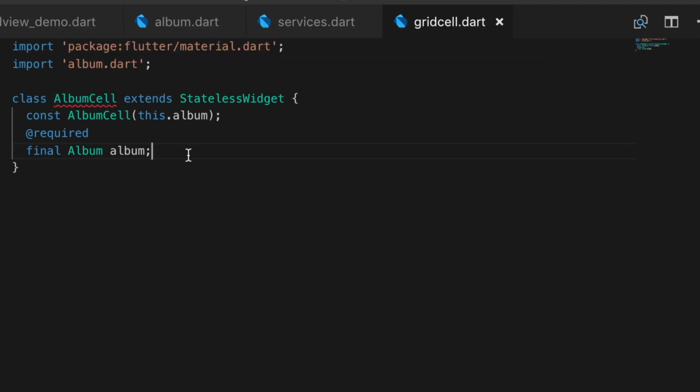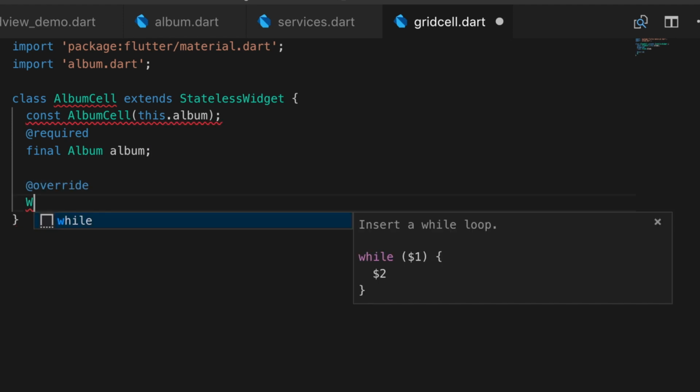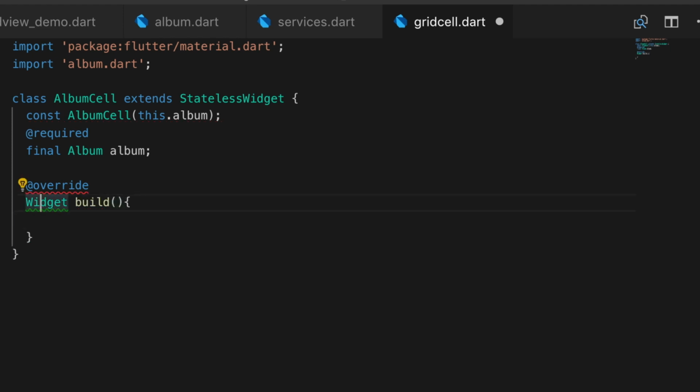Alright, so it needs to implement the build method, right? So let's write the build method that will take the build context,